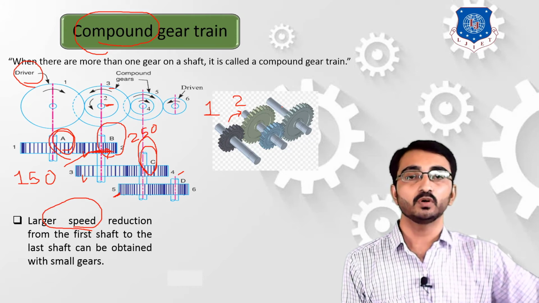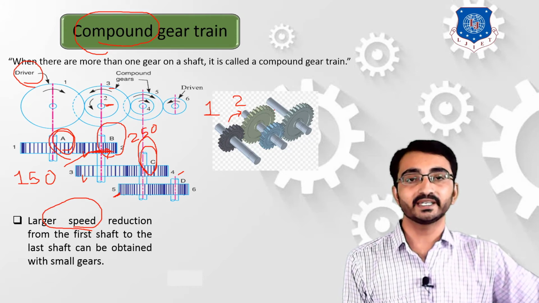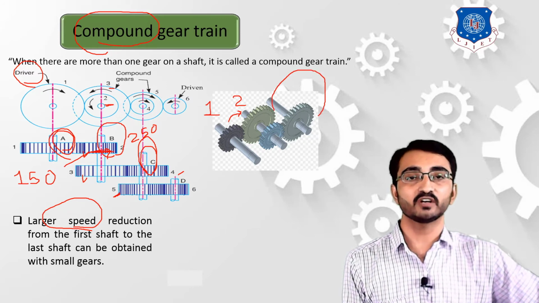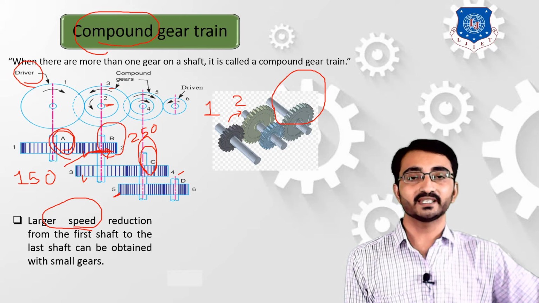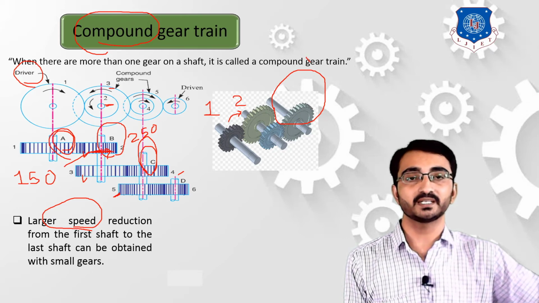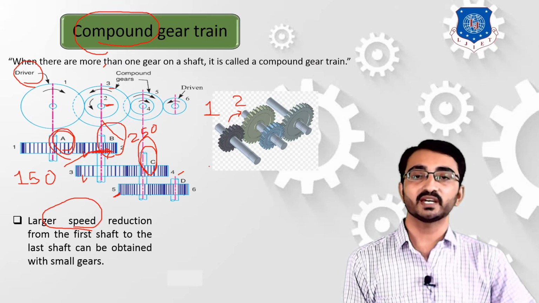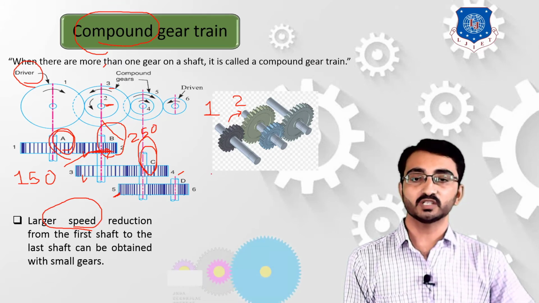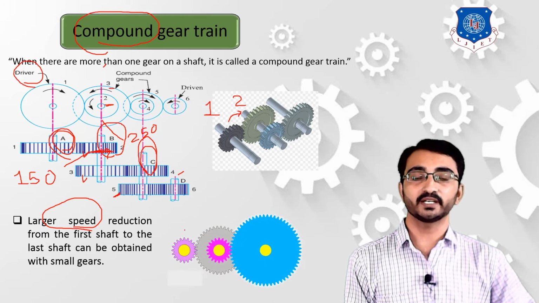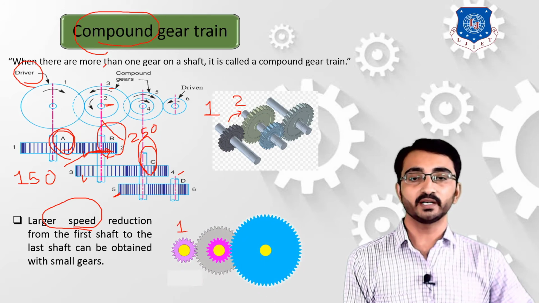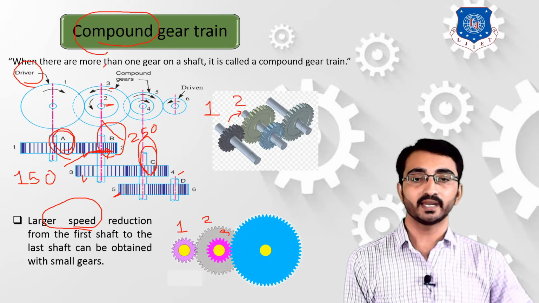Okay, now if you want to further decrease the speed, then in that case you have to use large size of gear. But that is not possible because your space limitations will be somewhere in your design problem. So to avoid that type of design problems, we can use compound gear trains. Over here in this assembly you can refer RPM of gear 1 is connected with your gear 2, gear 3 and gear 4.